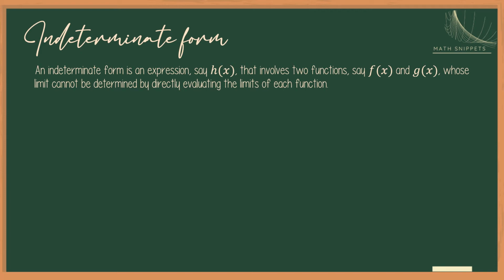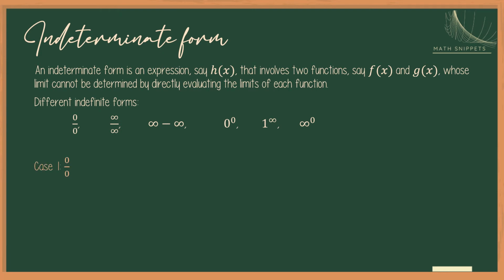So let's look at some different indeterminate forms. We have 0 over 0, infinity over infinity, infinity minus infinity, 0 raised to 0, 1 raised to infinity, infinity raised to 0. These are indeterminate forms. We will deal with these as we go along the lessons, but this time let's focus on the first case,